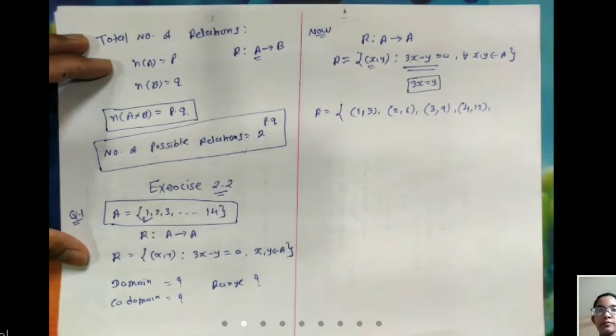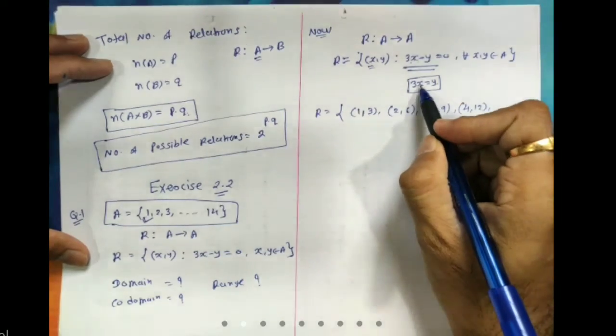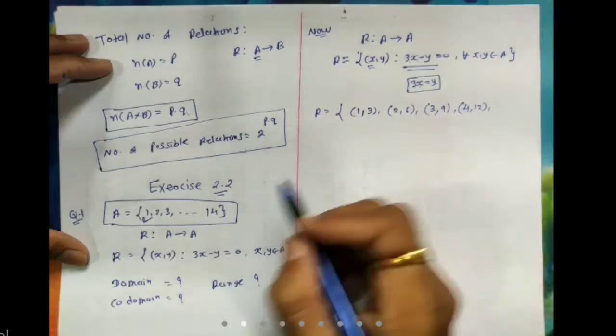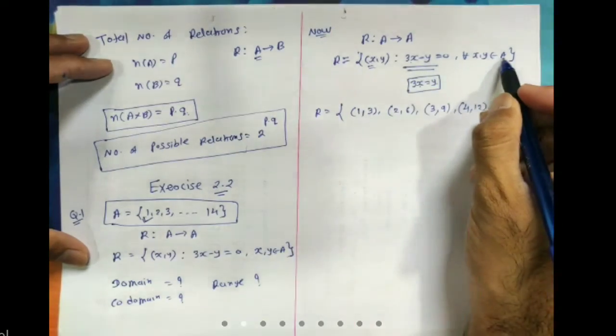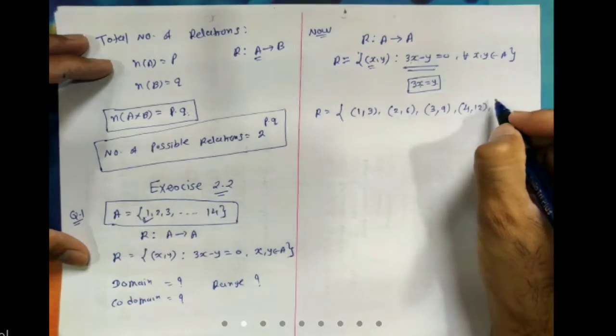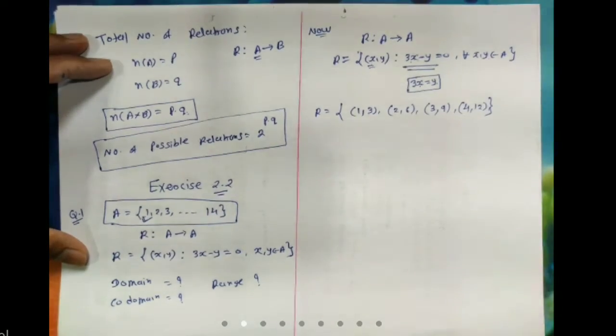And then we are taking x equal to 5, y equal to 15 will come, right? If you are taking x equal to 5, then y equal to 15. But 15 does not belong to set A. Second element, what is it? Y. That must belong to set A. So the second element 15 will come, which is not in set A. So this is done. So this is the relation R.